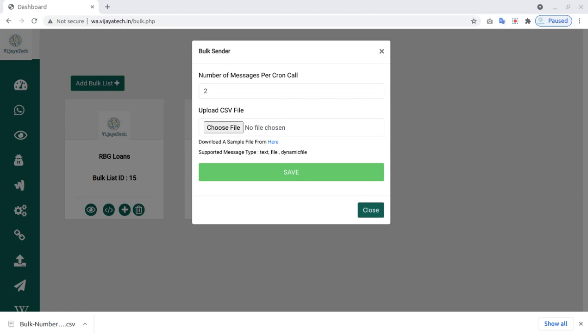Here it will be like this: number, message, message type. This is in CSV file format, so comma separated values. First will be your mobile number, to whom you want to send the WhatsApp message, and what is the message you want to send.